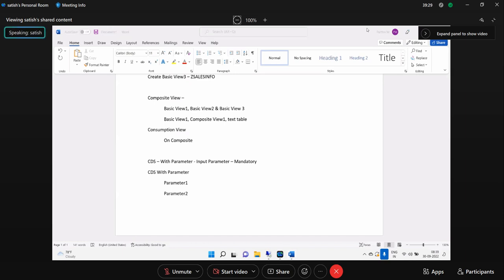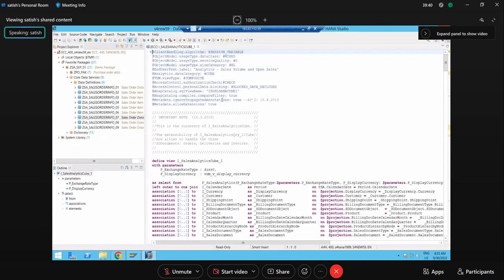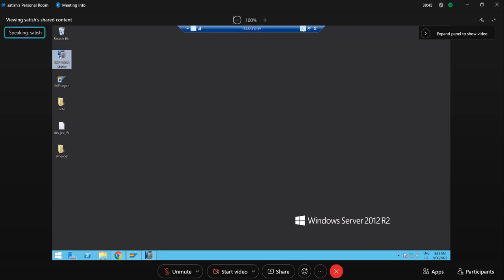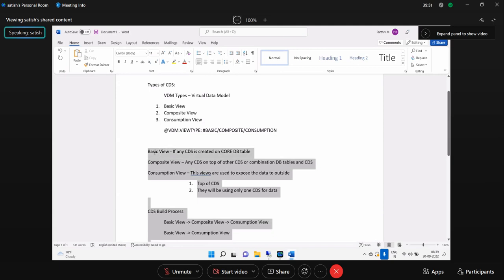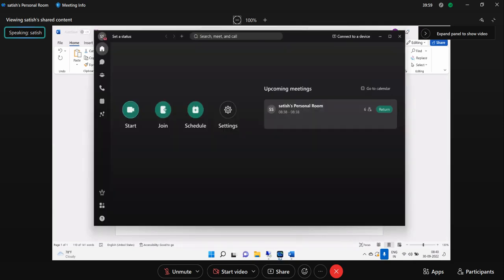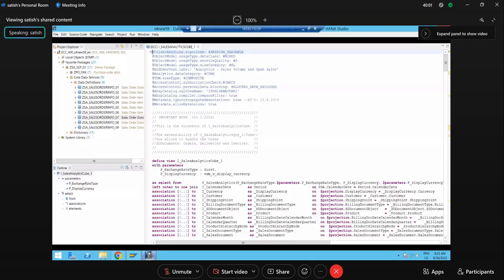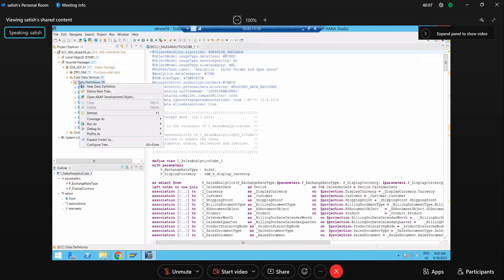Okay, fine. Now let's create a CDS with parameters. On top of that, I'm going to use all these annotations. These two will be there as they are, and all these things will be as they are on top of this. The annotations will be the same. It may be with parameter or without parameter, doesn't matter. Let me create a CDS, and I can just use a core table or anything. I'll specify create data